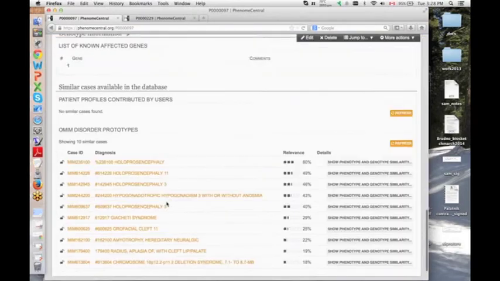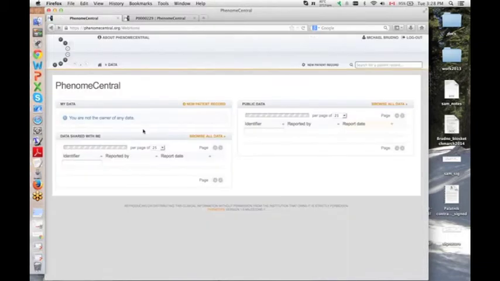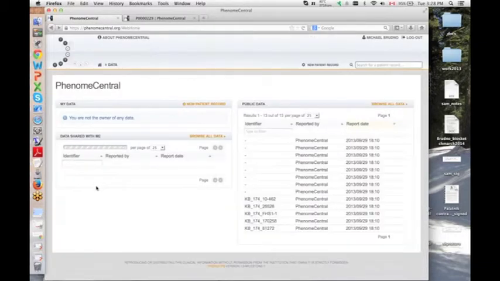in this case, there's no similar phenotypes, no similar patient profiles otherwise. Sorry.